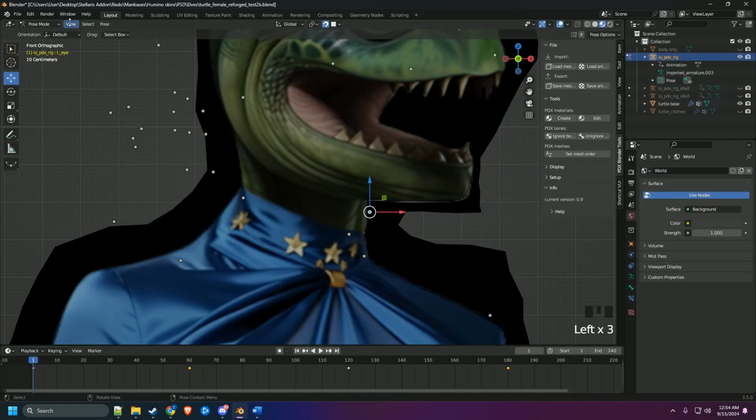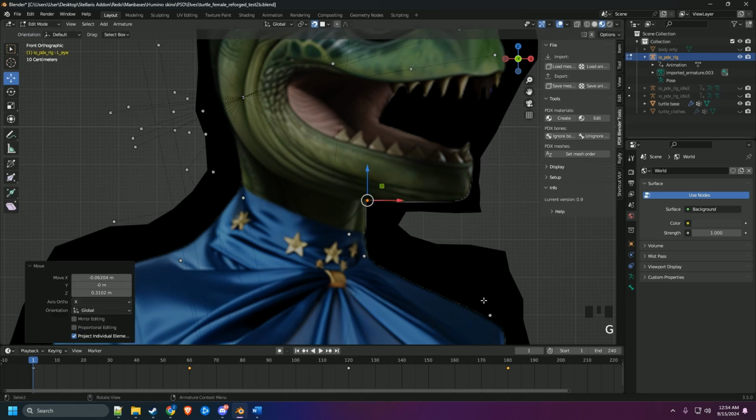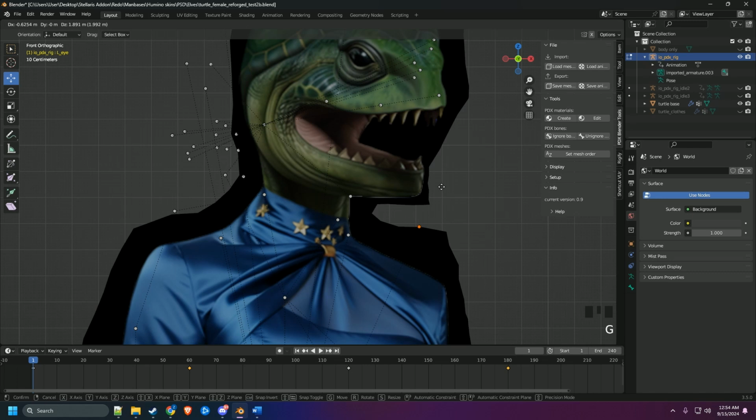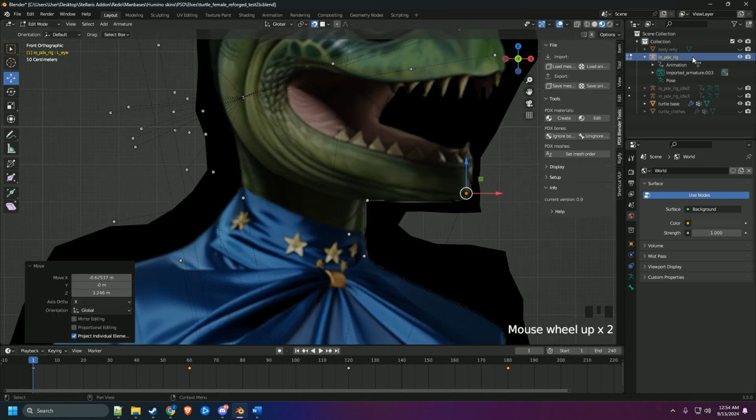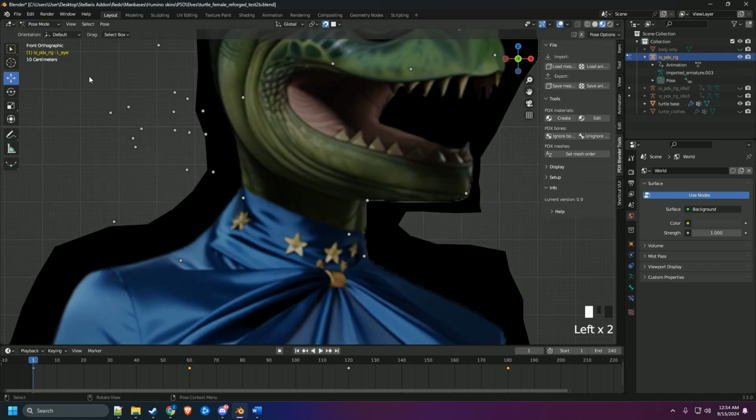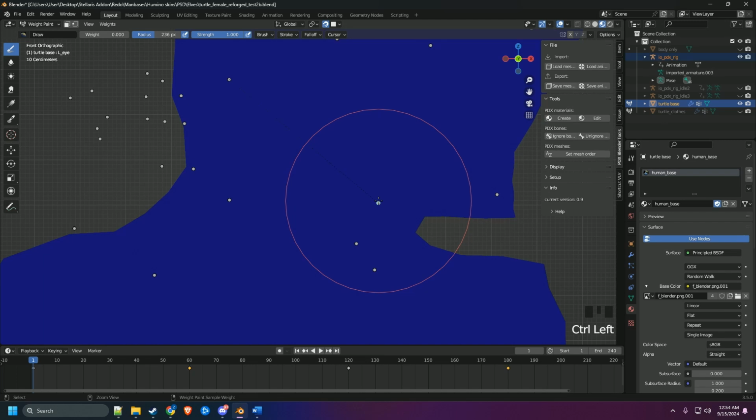So, the edit mode. I'll move this right here. This one I'm not even using. I'm going to just use it as a guide. Go to weights, pose. Control left click on this. I am just going to move it